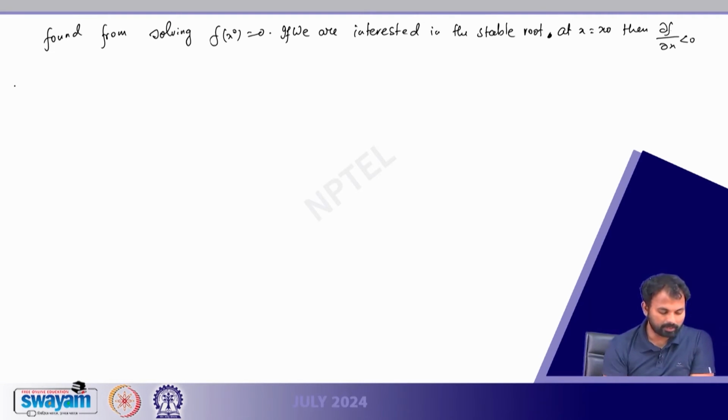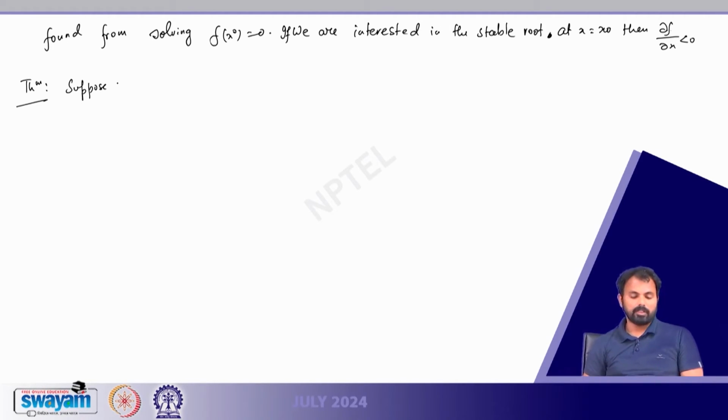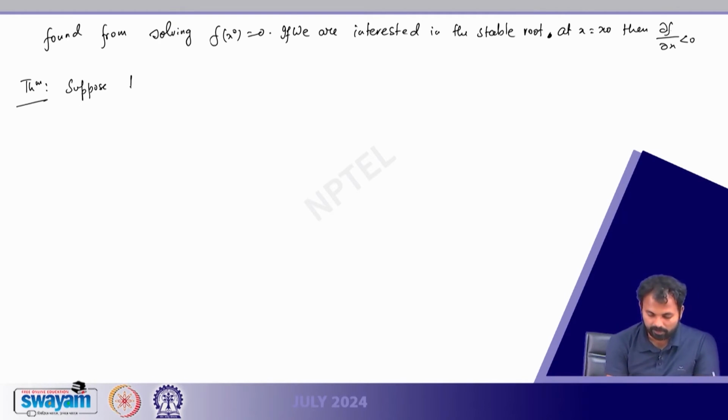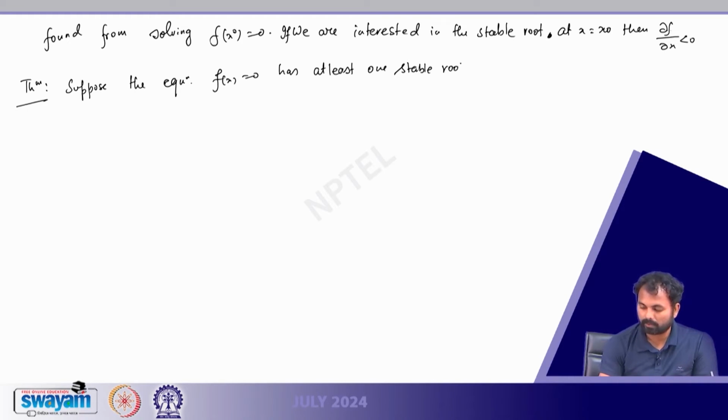So basically this can constitute a small theorem. We will state it without proof; you can look into the textbooks which we have mentioned at the beginning of this lecture, where you should be able to find the proof. So suppose the equation f x equals 0 has at least one stable root phi. Denote the immediately preceding